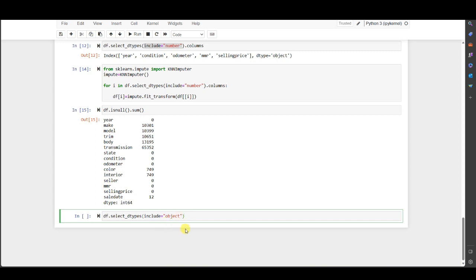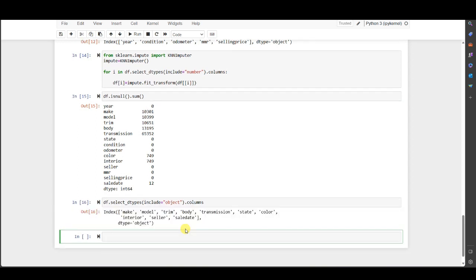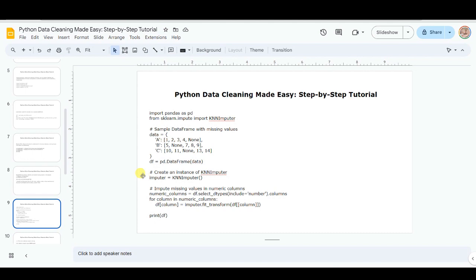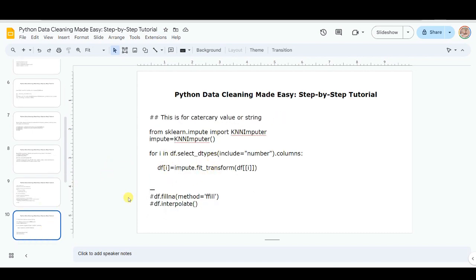Object dot columns. Column check: make, model, trim, body, transmission, state, color, interior, cell data. This one is an object, but it is cell data. Data type. Okay, now what we need to do: we already checked for integer values. Now for category values, what we need to do,